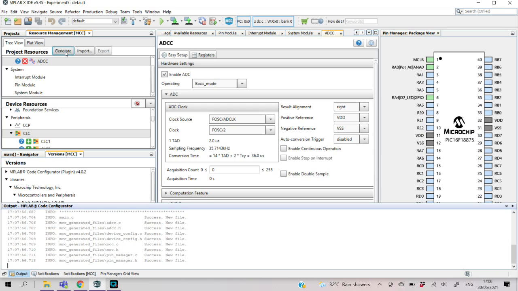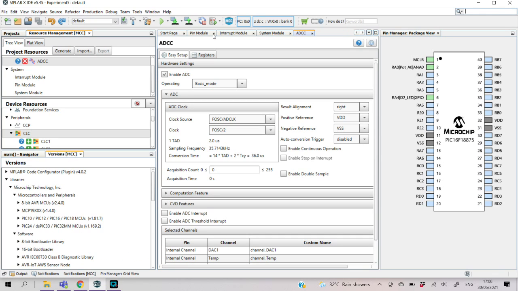So now, as of now, it's still generating the configuration. And now, as we can see, the generation is complete. So we will proceed. We will close this tab first,